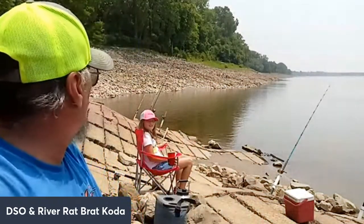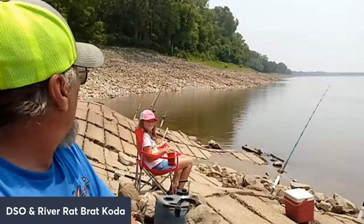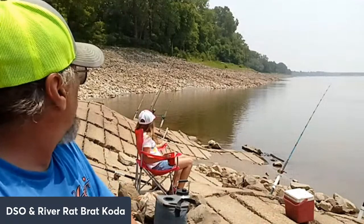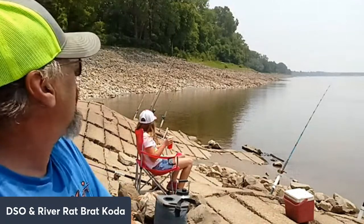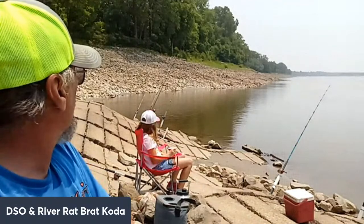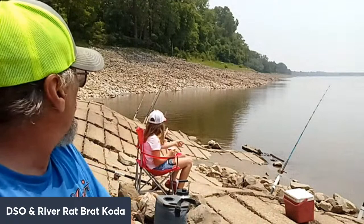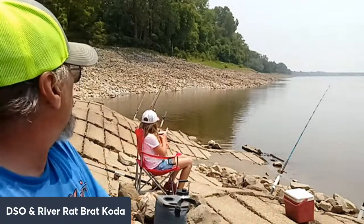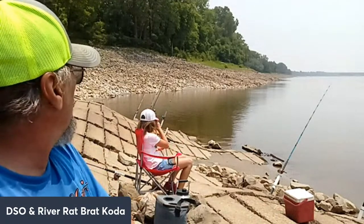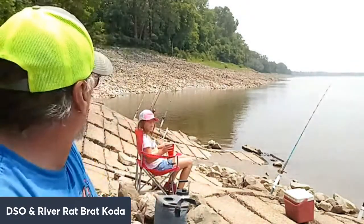You got two rods getting a bite? Which two? Mad Cat's and the big black one. The 13-footer and the Mad Cats. Okay. Well, you've got live bluegill on the 13-foot rod, and you've got skipjack on the Mad Cats. So,